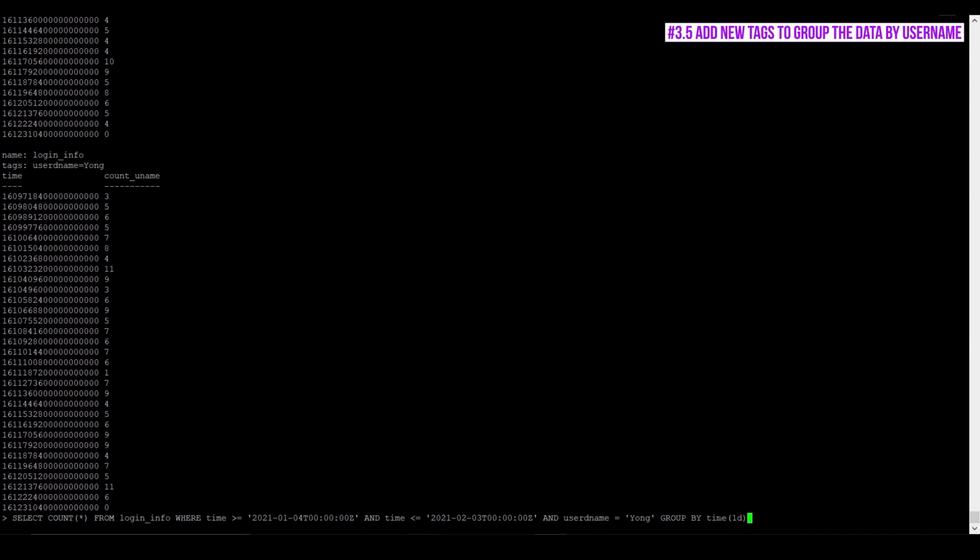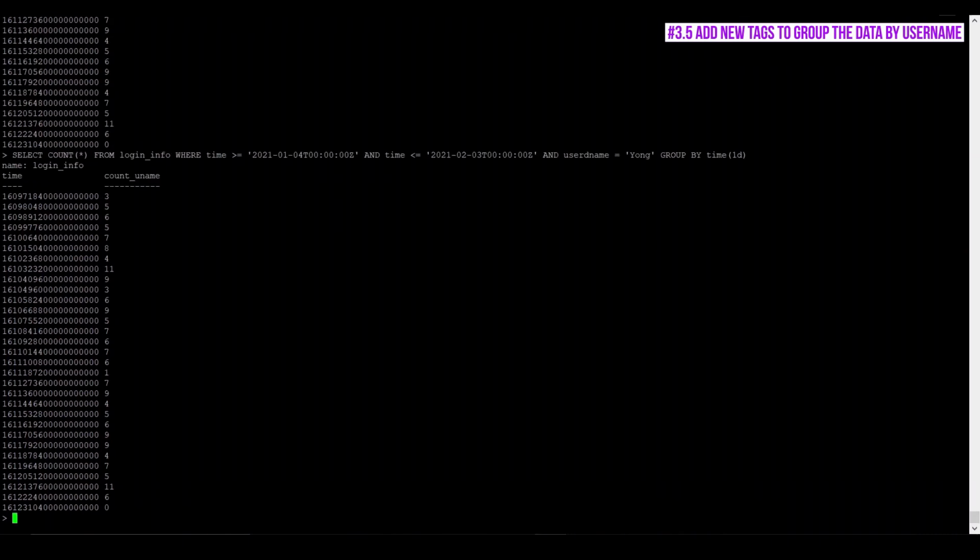And we also discussed this point earlier, that labels and tags are indexed whereas fields are not indexed. Because we set user dname as a tag and we are passing it in the where clause, this should also help with the performance. And if we were to use a field name in the where clause, it's going to run very slowly. And because we added an additional tag, it's going to help with the performance. And hit enter, and you see the login distribution for the user Yong.